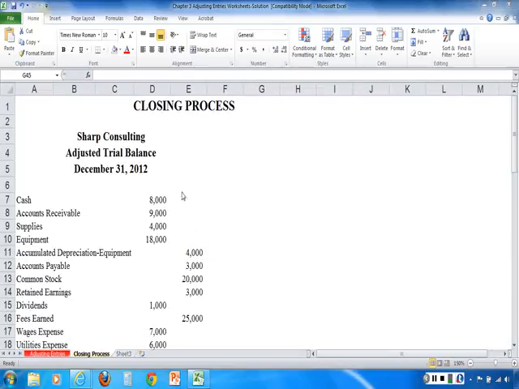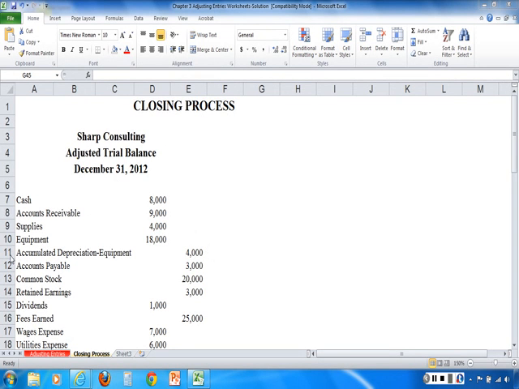In this example, I'm going to show you how the closing process works. As you know, we go through the closing process after all accounts have been adjusted and financial statements have been prepared, and we want to get ready for the next accounting period. So we have to go through a 4-step closing process where we first close out our revenue accounts, then we close out expense accounts, then we close out the temporary income summary account, and finally we close out the dividend